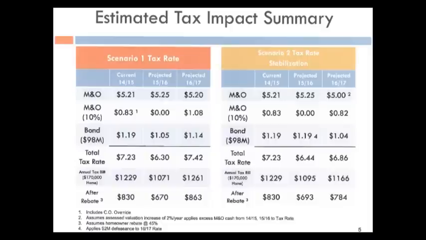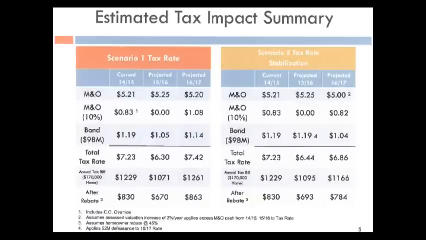And then the bond rate, you can see us applying what's called defeasance, which is a couple $1 million, to mitigate that rate as we move to 16-17. So we're holding up the $1.19. It could have become $1.05. We're holding up the $1.19, gain that cash position so that it can be applied in the following year to the $1.04. So the bottom line is the 723 for the current year is the same 723.